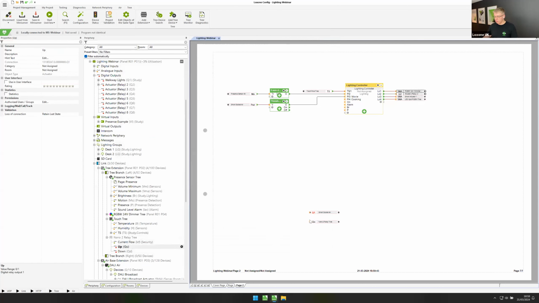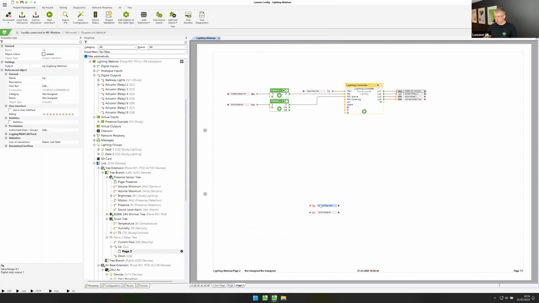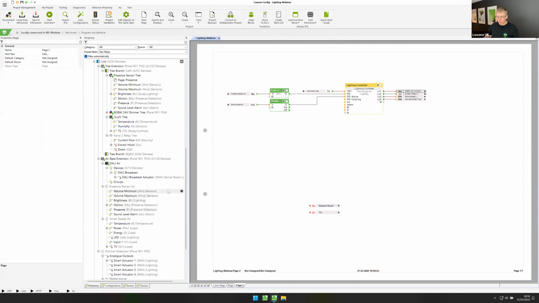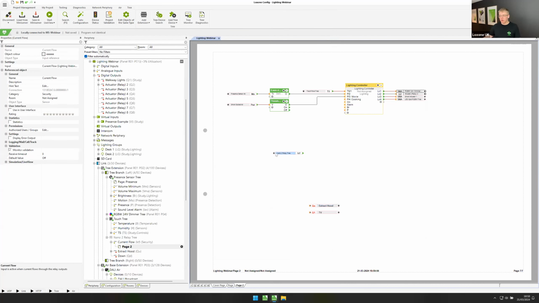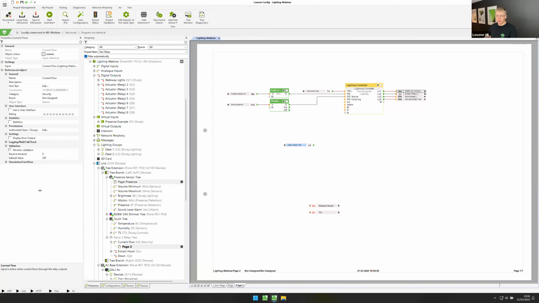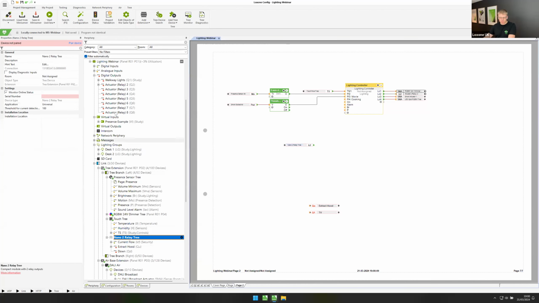Firstly, this relay, we want it to be permanently on, so I'm just going to invert it down here. I'll label this extract hood, and I'll label this one TV so we don't get confused. And then we have our current flow input. Let's take the example that we're using 100 watts when the extract hood is on. If we divide that, we're going to be using about 500 milliamps. So if we take 500 milliamps and set this as the threshold for current detection in the Nano 2 relay tree, whenever the extract hood is turned on and we're using 500 milliamps,